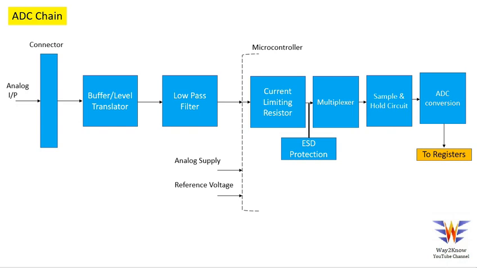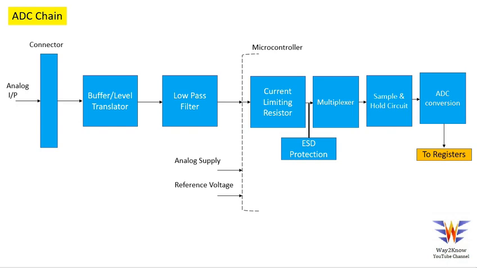So, adding to this, there will be an analog supply which will be provided separately to power the analog peripherals on the microcontroller, and then a reference voltage. So the reference voltage basically acts to limit the analog value. For example, if you give a reference voltage of 3.3, you cannot exceed your analog signals beyond that. So most of the designs we use have analog supply and reference voltage the same. We start with a low value of 0 volts, and the maximum value would be 3.3 volts. So that's how it works.